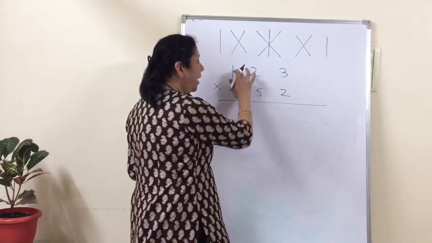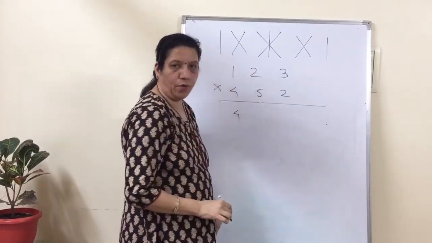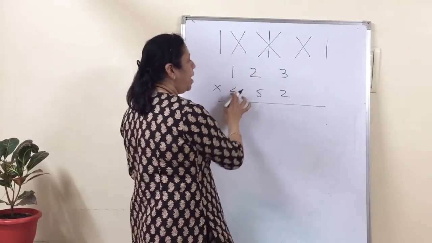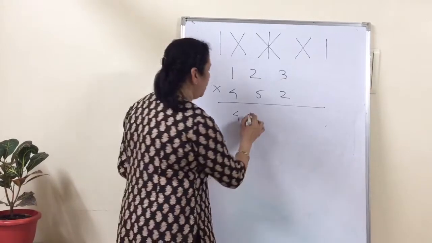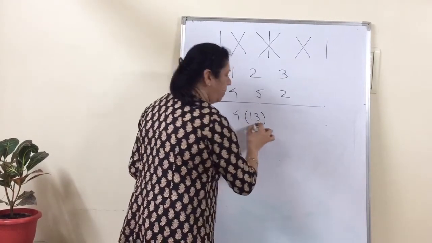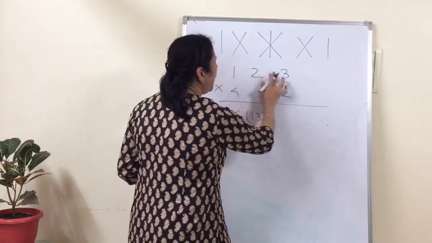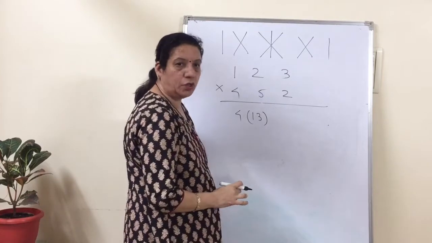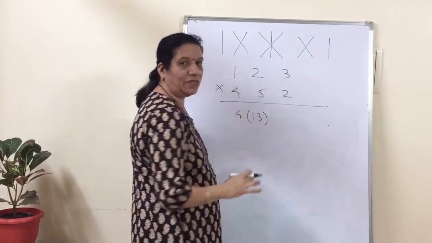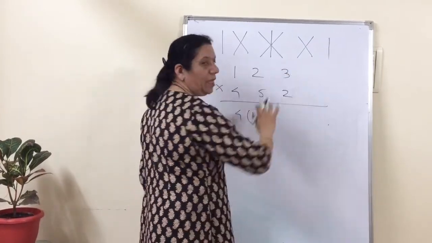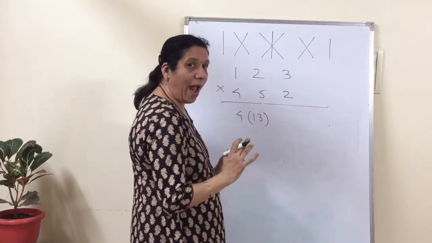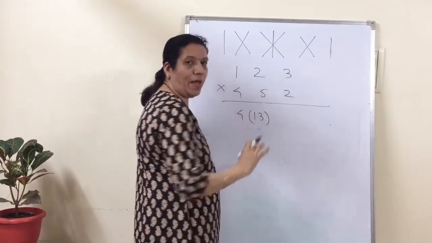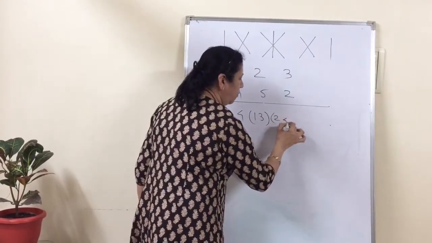Okay. So 1 into 4 is equal to 4. Okay. Now we will cross multiply these two columns. So 5 ones are 5 and 4 twos are 8. 8 plus 5 is equal to 13. But we will write down in a bracket. Okay. Now we will take these three, all the numbers. So cross multiply. 1 into 2 is 2. 2 into 5 is 10. And 4 into 3 is equal to 12. So when we add all the numbers, this is 2 plus 10 is 12. 12 plus 12 is 24. And we will write down 24 here.